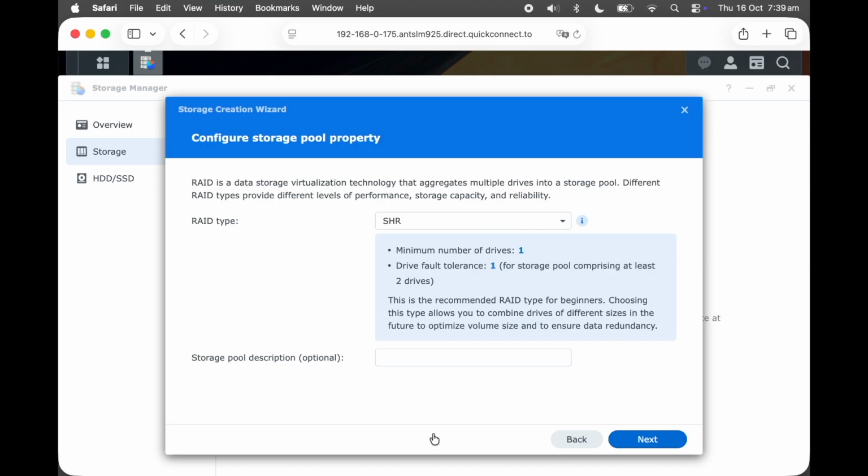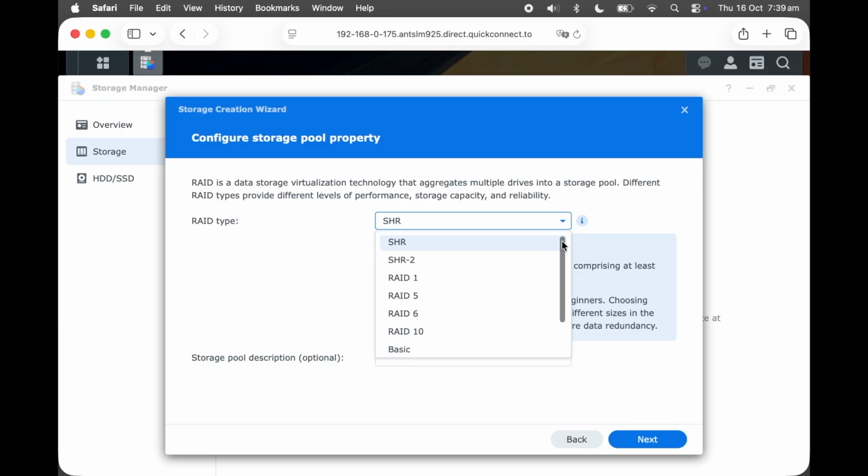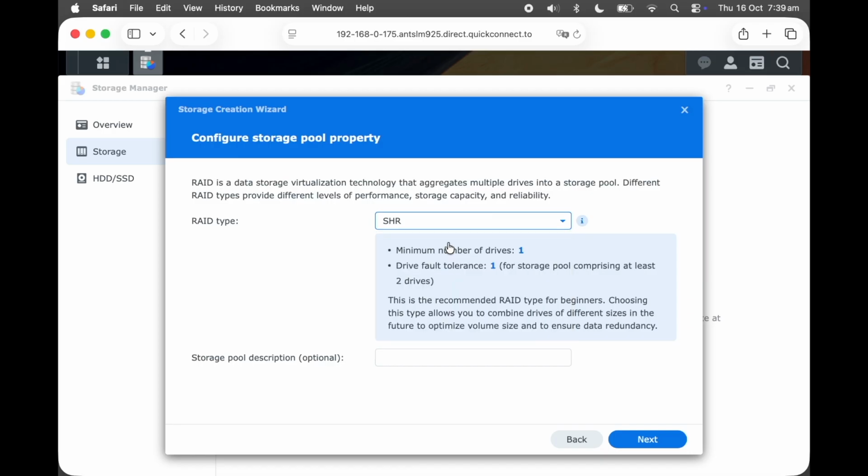I use Synology Hybrid RAID, which is SHR. Very reliable system. Regardless if you've got 2 drives or 5 drives or whatever in your system, if any one of those drives should fail, it will give you protection. That drive, you replace that broken drive, and it will back everything up and everything's good to go. Give that system a name. Just so you know,